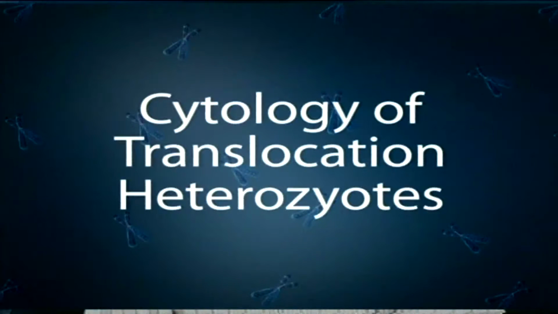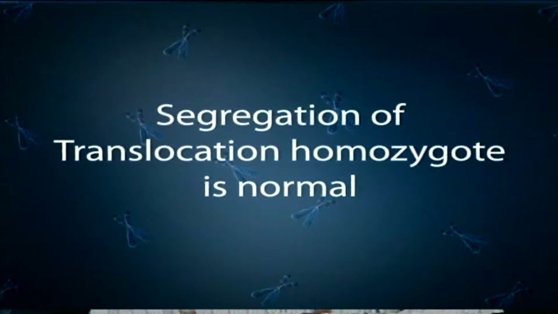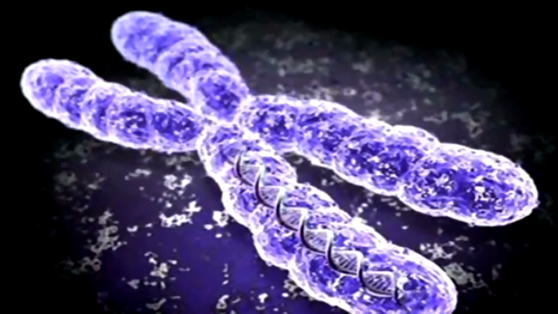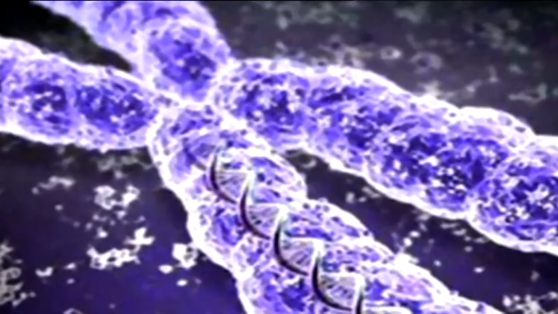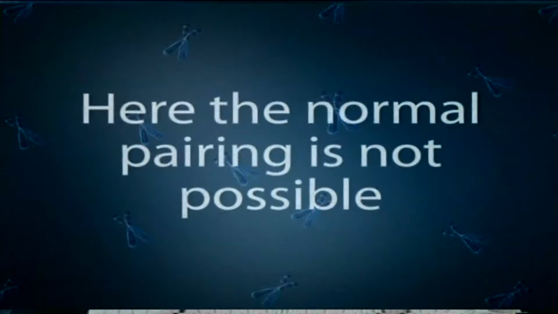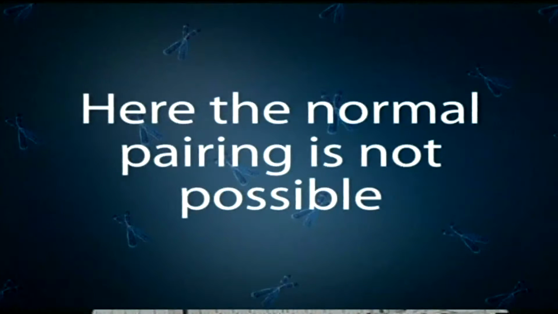Cytology of translocation heterozygotes. Translocation homozygotes basically show normal pairing and bivalent formation, and hence the segregation of chromosomes followed by the gamete formation is almost normal in case of translocation homozygotes. But in case of translocation heterozygotes, since one of the chromosomes is normal in each pair and another chromosome carries the translocated segment, therefore normal pairing of such a translocation heterozygote at the time of meiosis is not possible, and